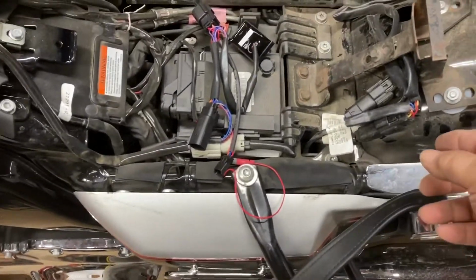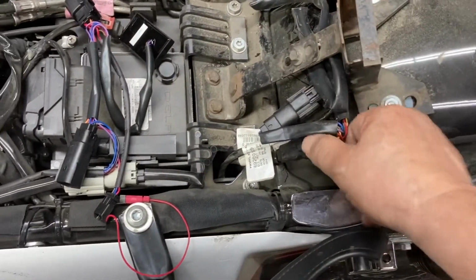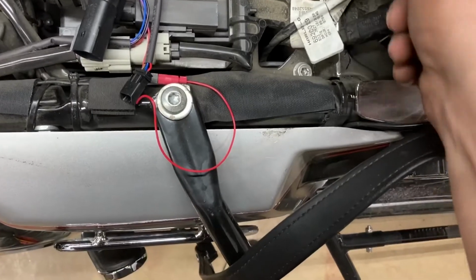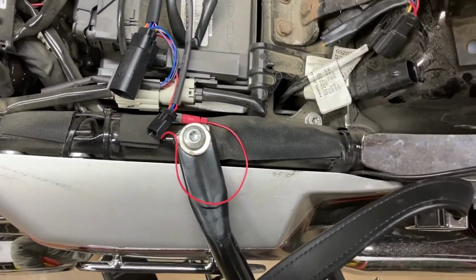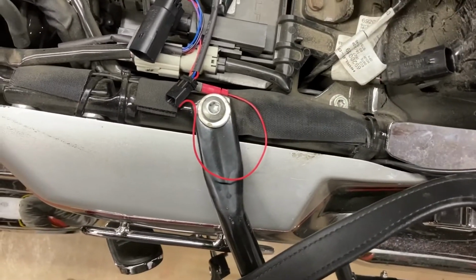So now, what I also have here is the wiring plug for the Tour-Pak lights, and I'm going to disconnect that from there because the sequential turn signals are going to go before I get to that. Oh no, that's right, I want my turn signals to... Now see, I want my turn signals in my...